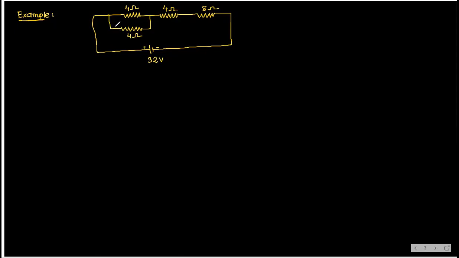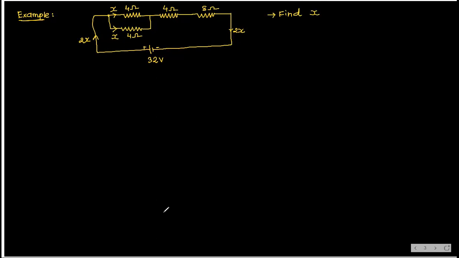And now what he is asking: the current flowing through this 4 ohm resistor is X, and we have to find the value of this X, because from both the resistors current is flowing how much? X, and this current is how much? 2x. This current is 2x. So what you have to find? Find X. But how to do this model?